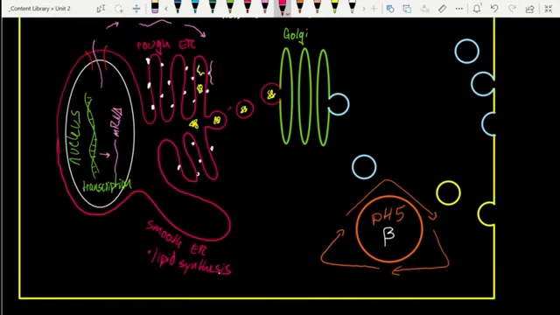The ER is responsible for making more phospholipids so that as the phospholipid membrane buds off to go to the Golgi, there's always more to take its place. The other thing that's super important for the smooth ER is calcium storage. I'm not going to talk a lot about that now, but we will definitely come back to this as we think about action potentials, as we think about, even more importantly, how muscles work. When we look at the neuromuscular junction, we're going to come back and recognize calcium as a key player in